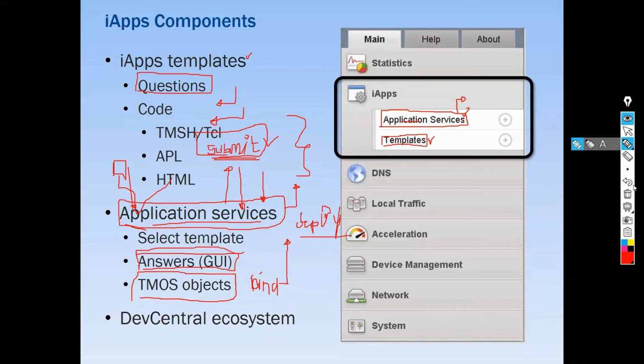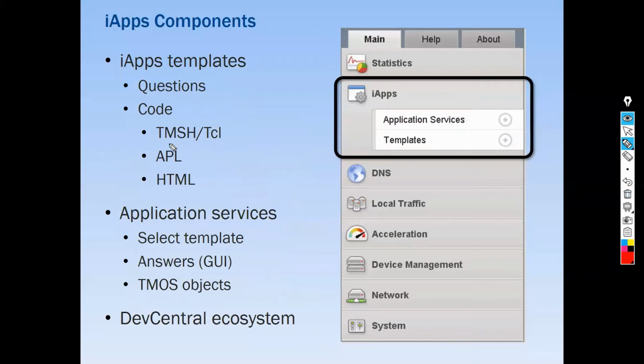Okay. But what is the purpose of these codes here? The three codes have three different purposes. So your template is actually the logic written with these three codes. First, we'll speak about the APL, Application Presentation Language.